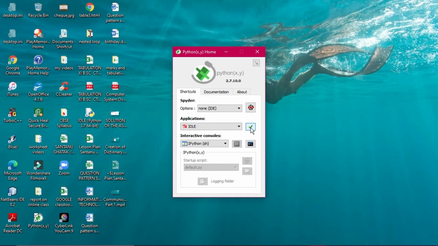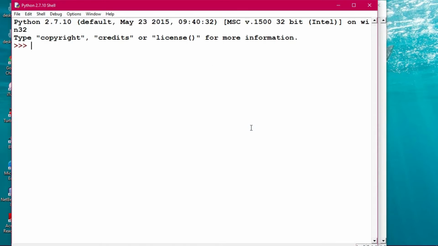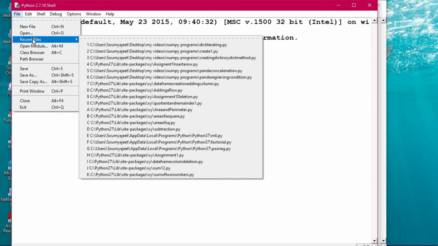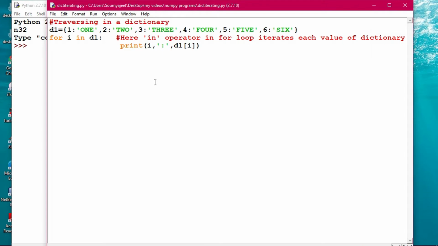In order to demonstrate the traversing, the iteration, I mean, traversing a dictionary means accessing each element of a dictionary. This can be done by using a for loop or a while loop. Yesterday also we have done this one. One of this kind will be like this. Iterating like this, you can see out here, this is also one kind of traversing.